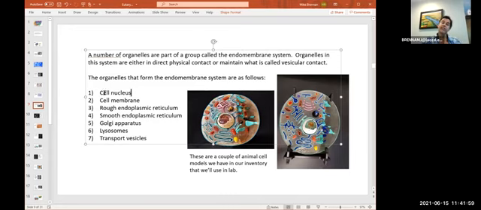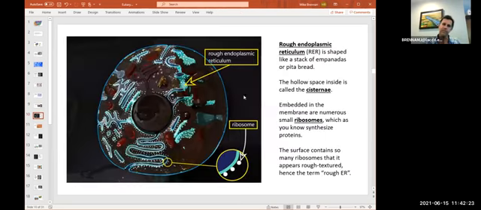Okay, so we've got a list of these: cell nucleus, cell membrane, those are parts of the endomembrane system. Then things I haven't mentioned yet: rough endoplasmic reticulum, smooth endoplasmic reticulum, Golgi apparatus, lysosomes, and the aforementioned transport vesicles, or just vesicles. Okay, so same images. I just use Photoshop to black everything else out so it's not distracting,